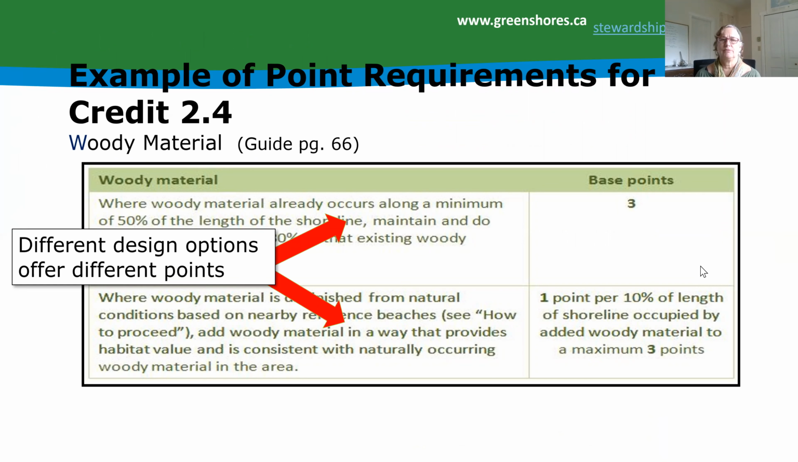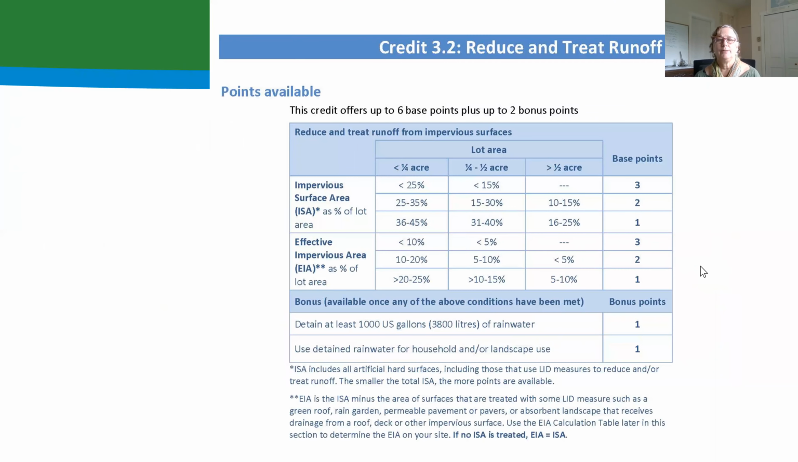So let's say in this example, you have some woody material that's already on the shore. You're going to want to maintain it for a minimum 50% of the length. Whereas if you have a site that needs full restoration and there's no woody material, then you can get points for adding appropriate woody material in a way that provides habitat value. So that's an example for shoreline habitat. And the